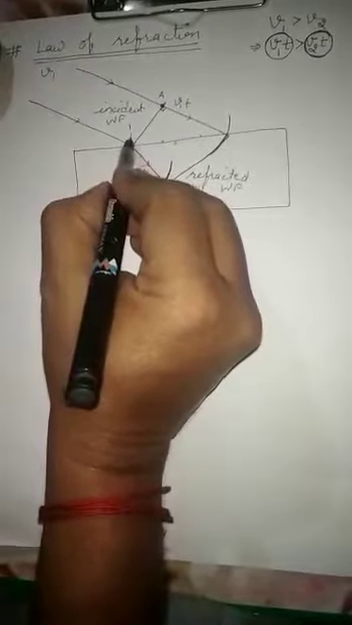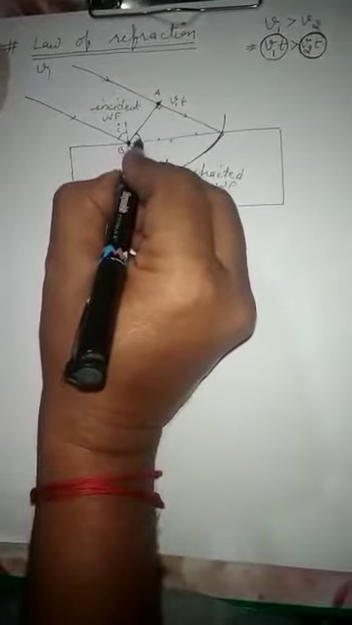Draw the normal here, and if this is the angle of incidence, by geometry this is also the angle of incidence. This is the angle of refraction, and this is the angle of refraction, and this same is the angle R here, because